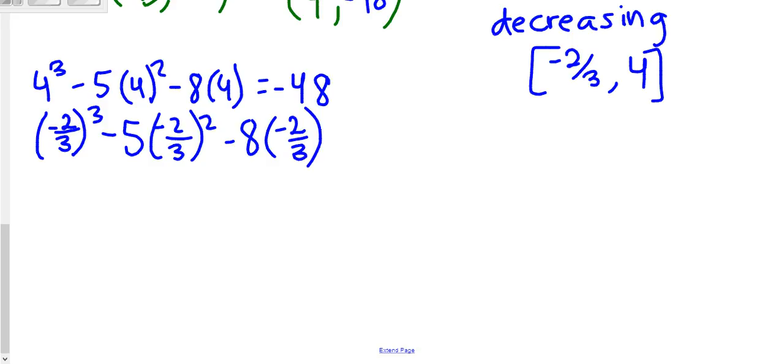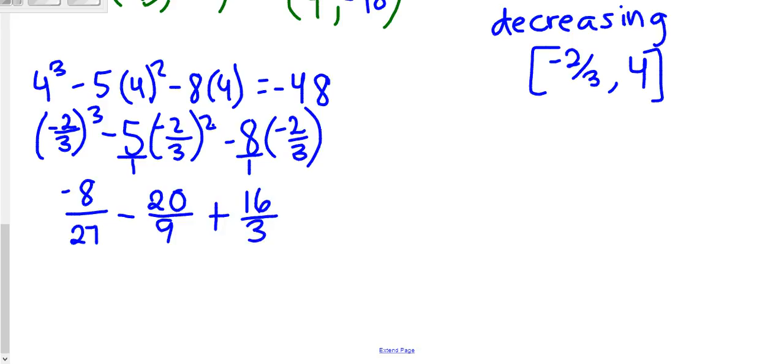Negative 2 cubed is negative 8/27 minus negative 2 squared is 4, and this is 5/1. So we have 5 times 4, which is 20. This is over 9, because 3 squared is 9. Minus, we have 8/1. Negative 8 times negative 2 is a positive